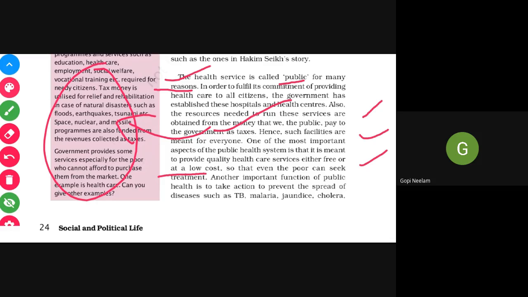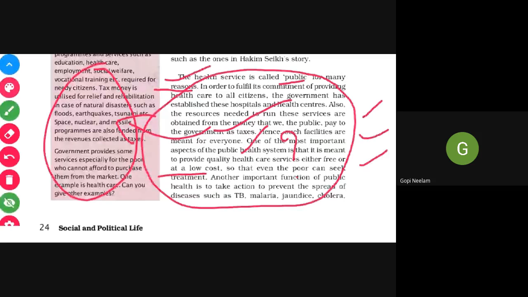So that's the reason government is taking one step forward and providing healthcare services which are meant to provide quality. It's not that we just provide healthcare services, and you come, take it and go, and keep quiet whatever the treatment provided. It is not like that. It is meant for providing quality healthcare service. But is it really happening in reality? It is a very big question, right? We have already had a very big discussion on it.